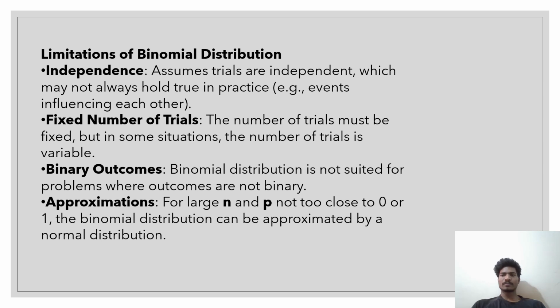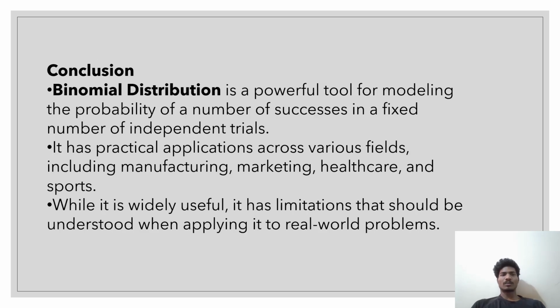normal distribution. Conclusion. Binomial distribution is a powerful tool for modeling the probability of the number of successes in a fixed number of independent trials. It has practical applications across various fields, including manufacturing, marketing, healthcare, and sports. While it is widely useful, it has limitations that should be understood when applying it to real-world